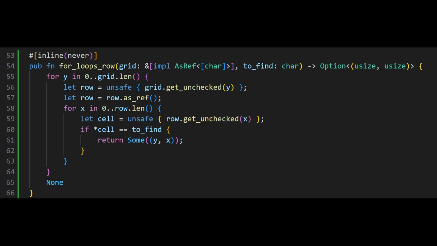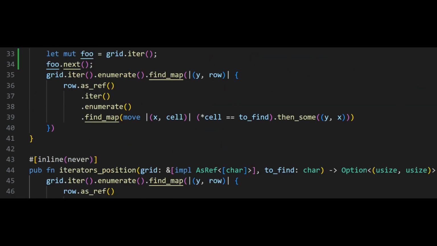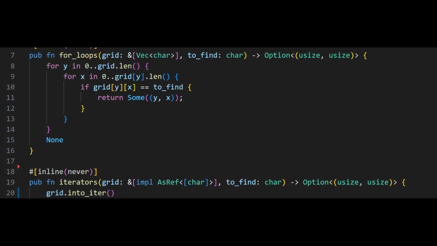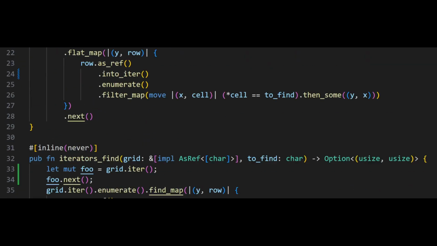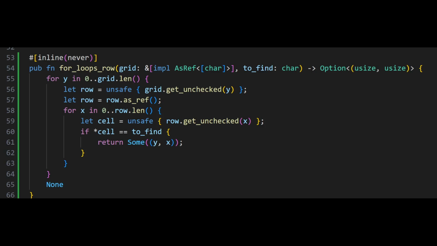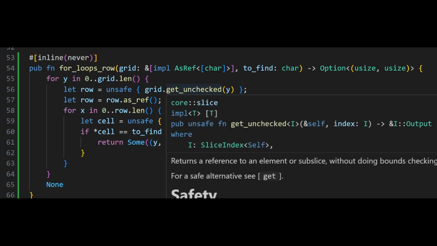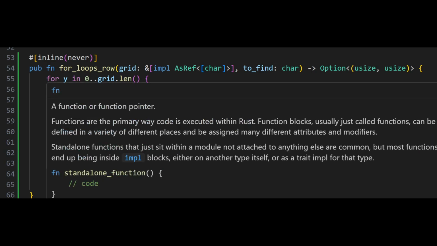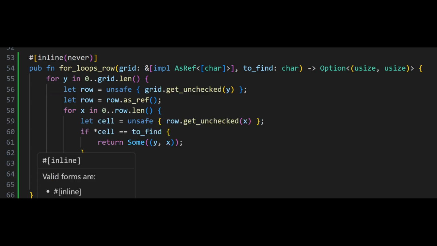a nested for loop like we would expect in really any computer science class. This is how they're going to say how to write it. They're actually going to probably use this version here, the for loop that doesn't do the unchecked, but just to show that it is the unchecked version of grid or of slice axes is not causing the slowdown. We're using this version and still getting a very measurable, almost 10 millisecond difference between this version and the iterator